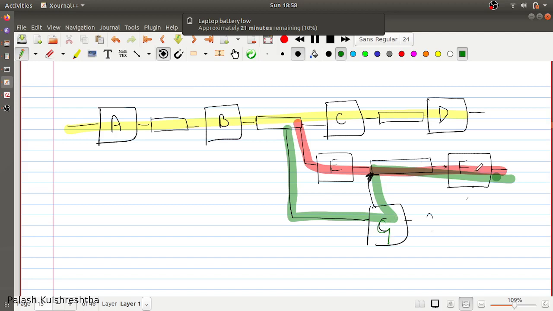G, and F. So F should not have any context, or F should not make any assumptions that data was provided by C or G, by E or G. So what we can do is keep a context in the payload that this message was provided by G or E for any decision which it has to take, but we should avoid making any close coupling between the workers, so that they can be used independently. They can be used for processing independently.